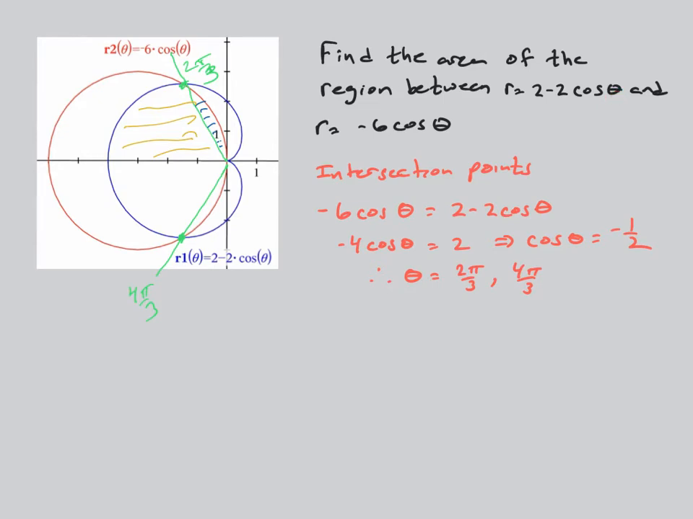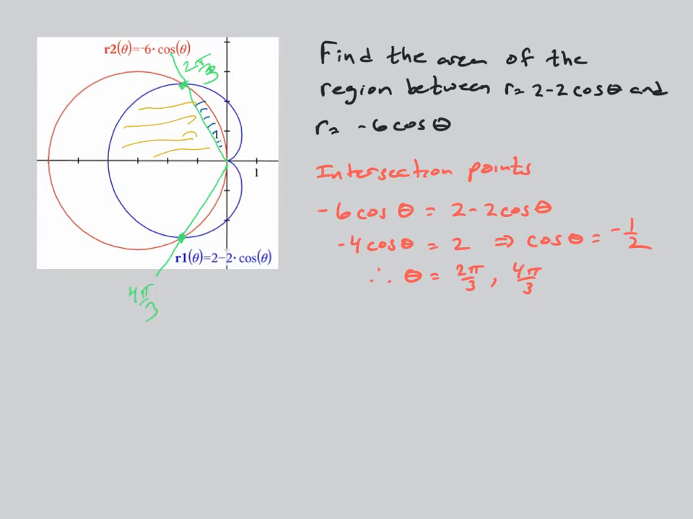Because if I put in 0, and cosine of 0 is 1, I get 2 minus 2, which would be 0. This one, when I put 0 in, I'm out at negative 6. I am at the pole on this one at pi over 2. So now in this case, when I'm looking at this, the first one, the circle in red, is